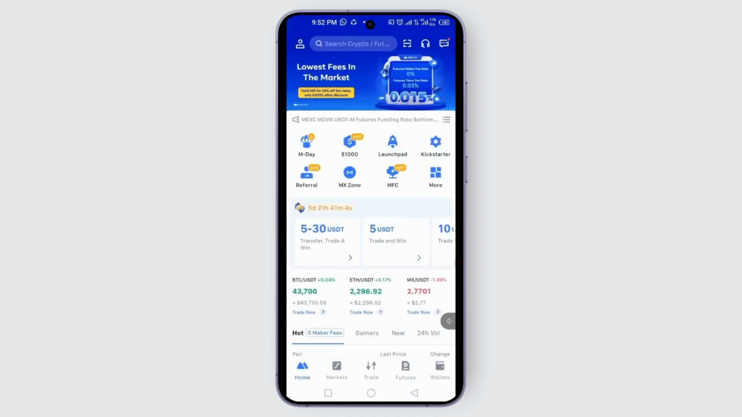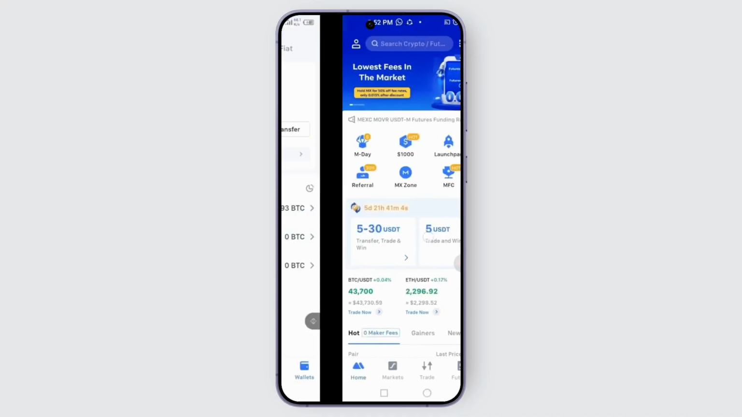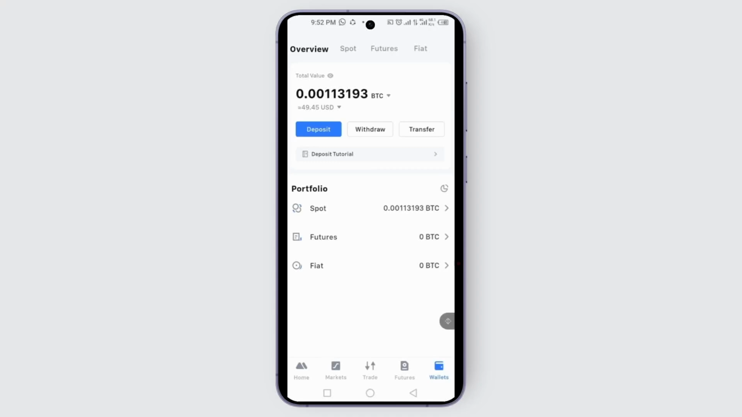So first of all, open up the MEXC application, and once you log in, you may look at the wallet option on the right-hand side of the screen in the bottom right and tap on it. Now once you are there, here you will find your wallet. You just need to look out for the withdraw option within the screen and tap on it in order to